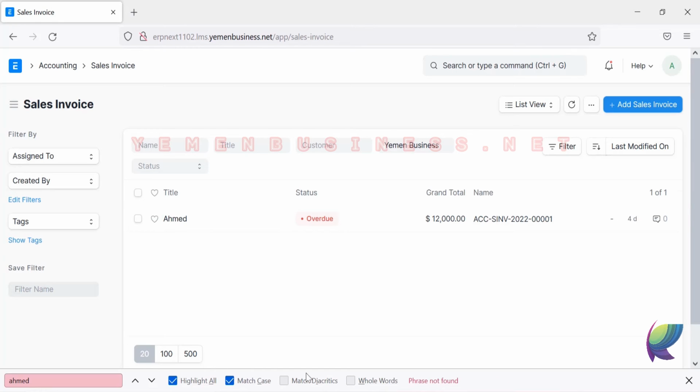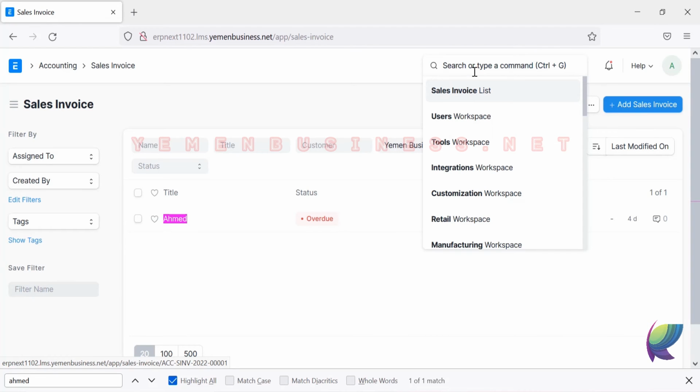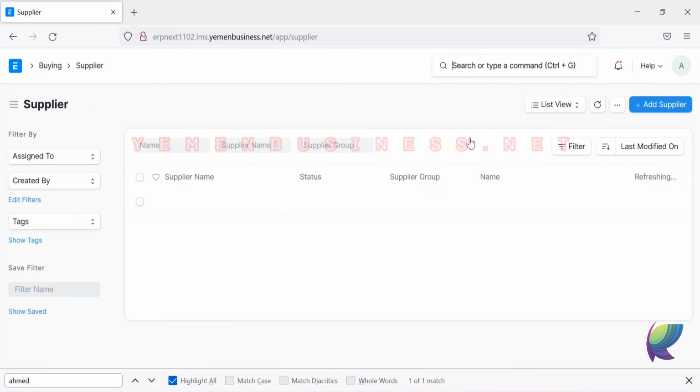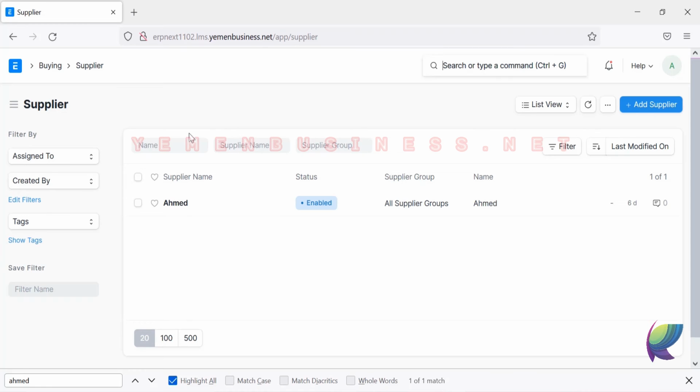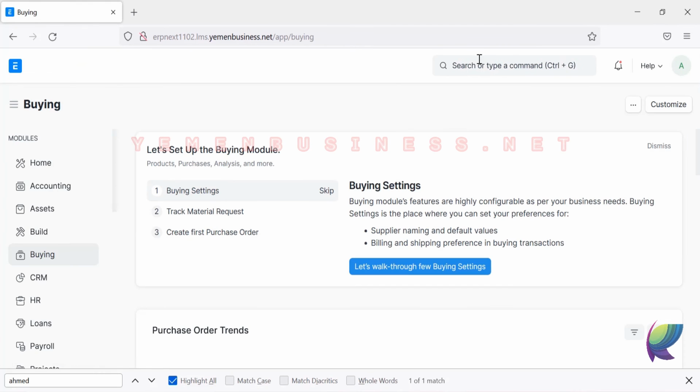I can match case or match the whole word. For example, Ahmed, I'll just select highlight all, or I can search here for anything. For example, supplier list, and then I'll search in this filters. For example, I want Ahmed,